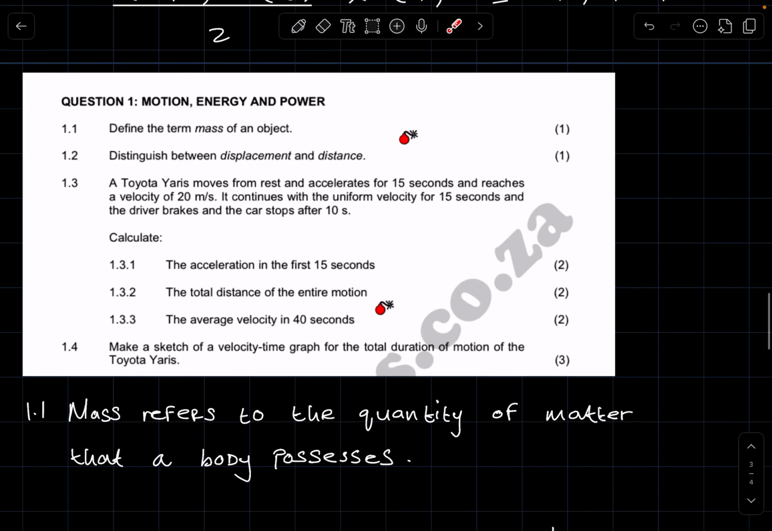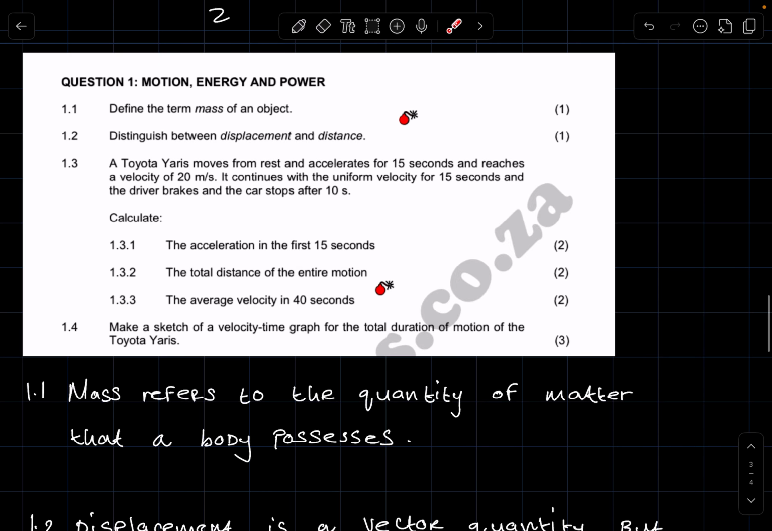1.3 reads as follows. A Toyota Yaris moves from rest and accelerates for 15 seconds and reaches a velocity of 20 meters per second. It continues with the uniform velocity for 15 seconds and the driver brakes and the car stops after 10 seconds. Now we haven't necessarily been given a graph for this problem, but